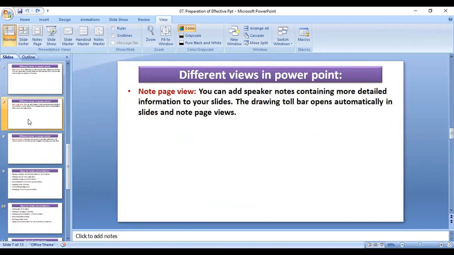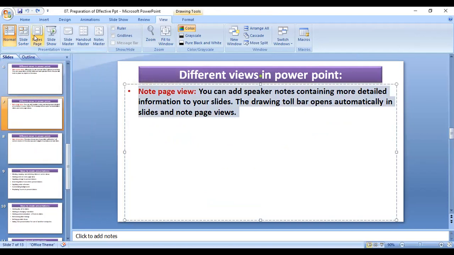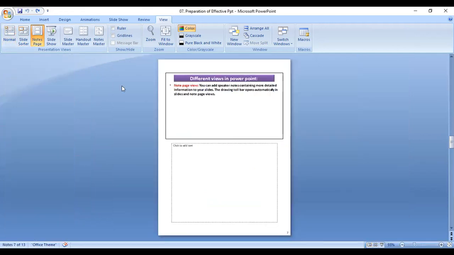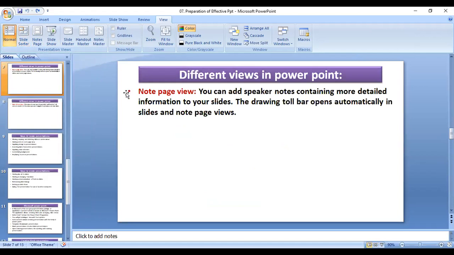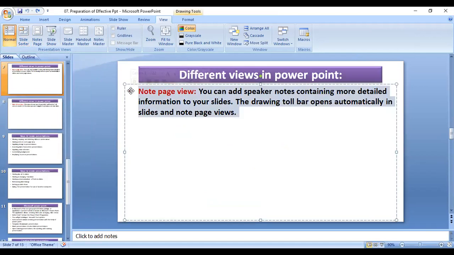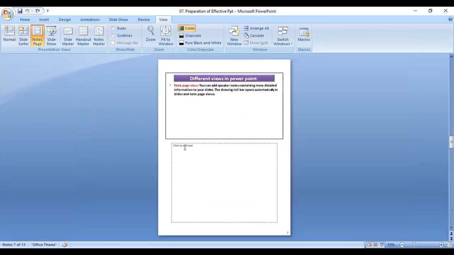The next view is the note page view. Now here, the note page view. So in note page view, what you are able to do, first of all we'll see. You can add speaker notes containing more detailed information to your slides. The drawing toolbar opens automatically in the slide and note page view. That means in note page view, you can add text here. For example, I will write something here. You can write that one.